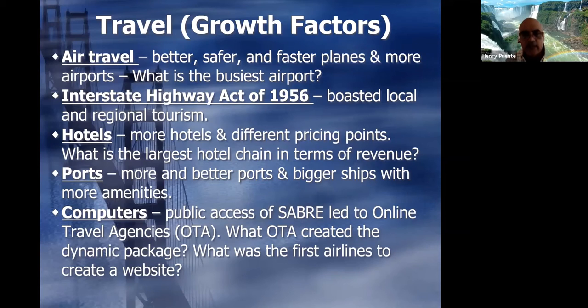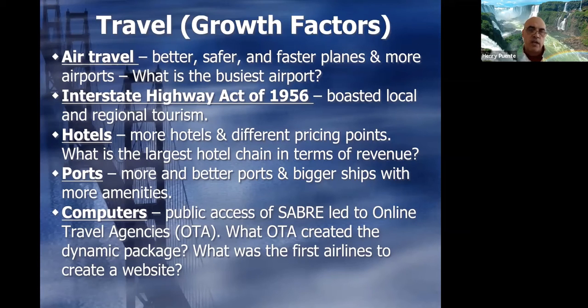And so he is the guy who, again, a very forward-thinking man, thought to himself, in order for our nation's economy to improve, we need to create better roads from sea to shining sea, right? Something that's going to connect the Atlantic with the Pacific. If you think about the interstates that cross America, whether it's Interstate 10 or Interstate 20 or all these other interstates, a lot of them were funded by President Eisenhower. And because of this act, it was able to boost local and regional tourism.